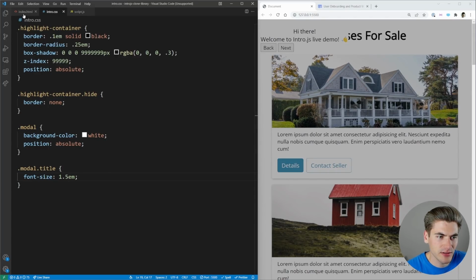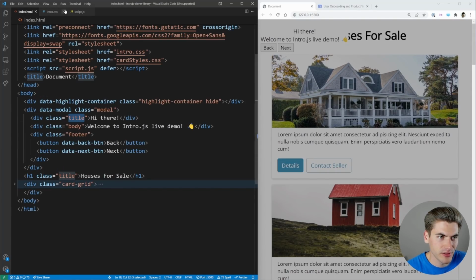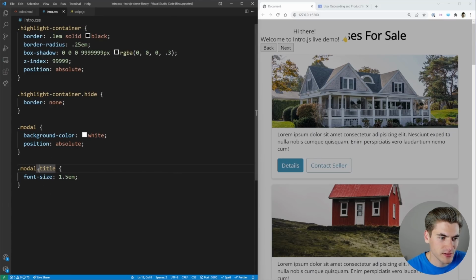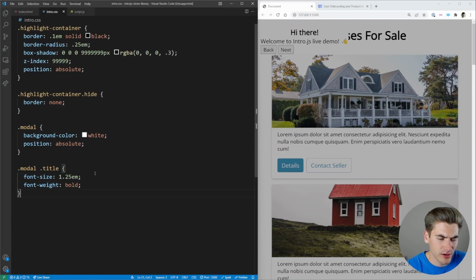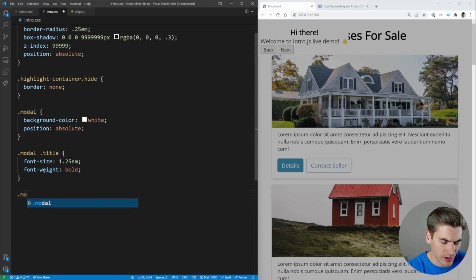Did I give it a class of title? Title in, oh, duh, space. There we go. So now it's a little bit bigger. Let's change it to like 1.25 EM. We'll do like font weight, bold. There we go. And then our body, we don't really need to do anything with. We got our modal,